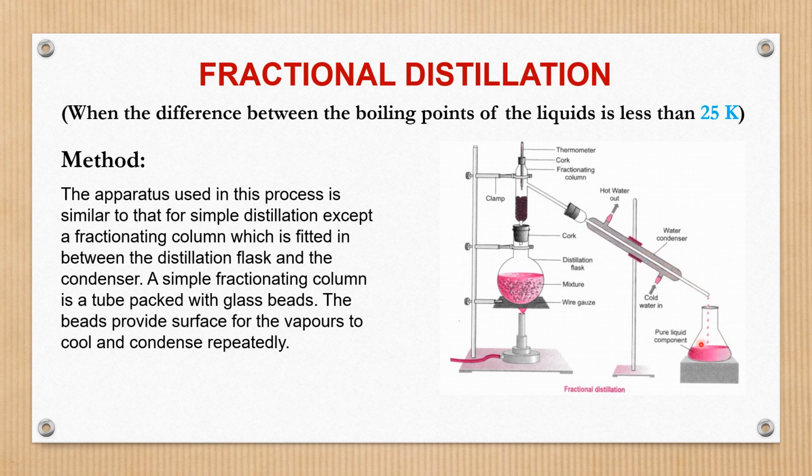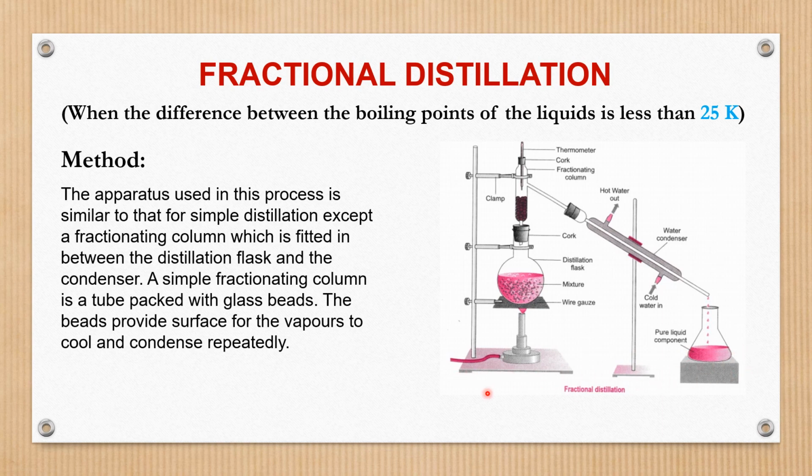At the same time B also comes here. B also vaporizes because its boiling point is reached. That time B starts to vaporize, and in the same way it passes through the fractionating column, starts to change to liquid, passes through the water condenser, and we can collect it. And C also comes at that time, the same process repeats, and we can collect C. So that is the method of fractional distillation.